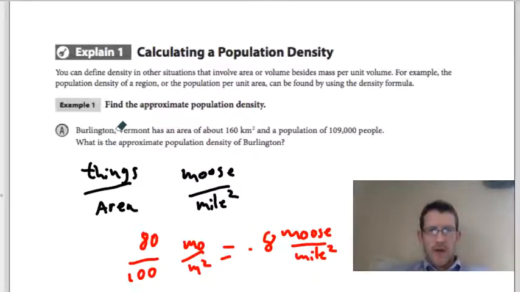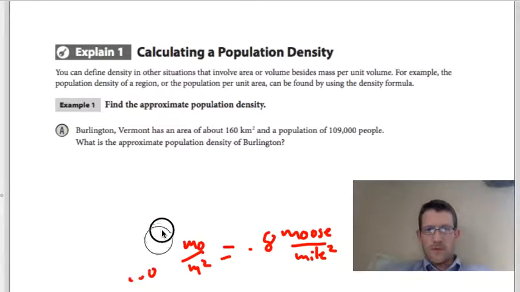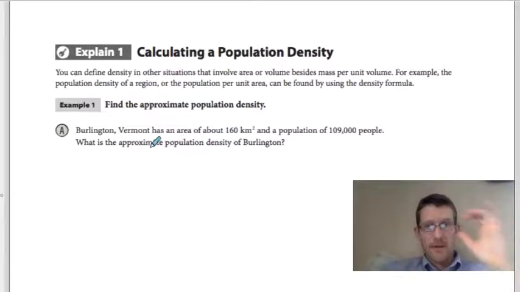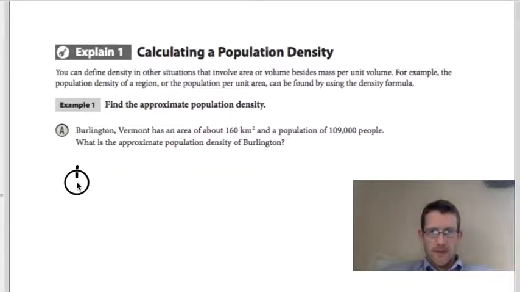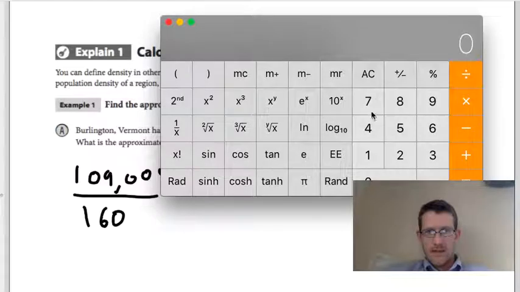We'll do the example here. Burlington, Vermont has an area of about 160 kilometers and a population of 109,000 people. What's the approximate population density of Burlington? Sometimes they'll make it a little harder to figure out the area, but you have to use an area formula for some shape. But in this case, again, it's just things per area. So we do 109,000 per area, which is 160. Mr. Calculator says that 109,000 divided by 160 is equal to